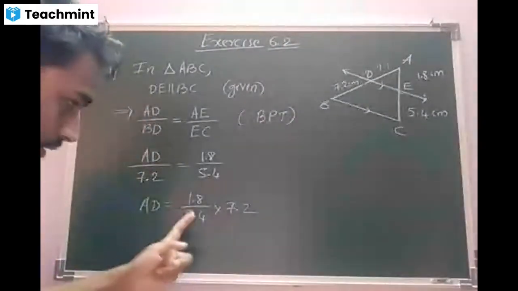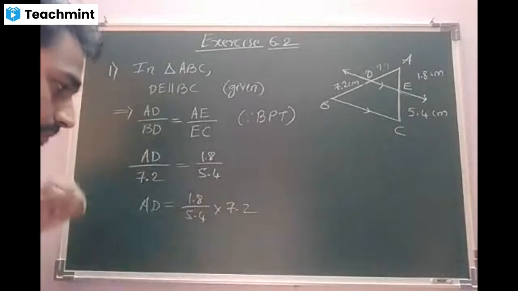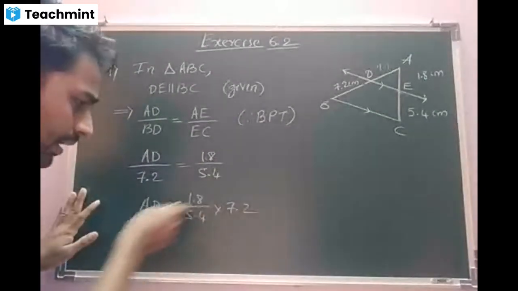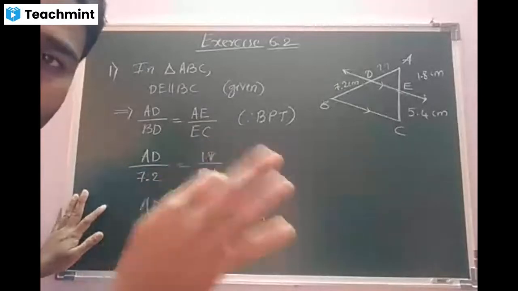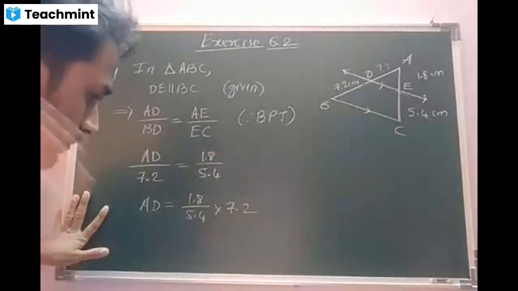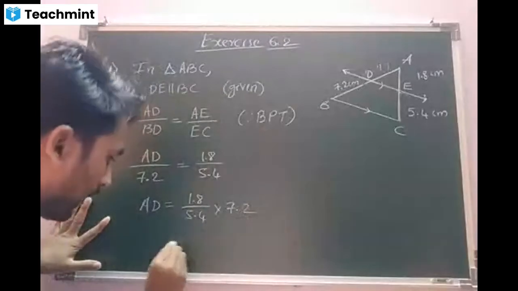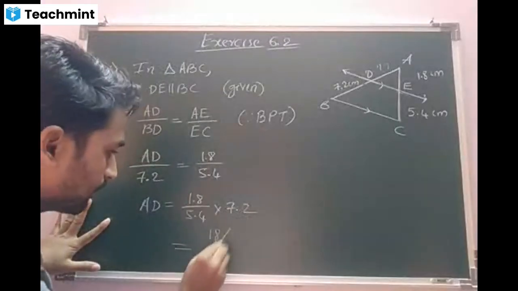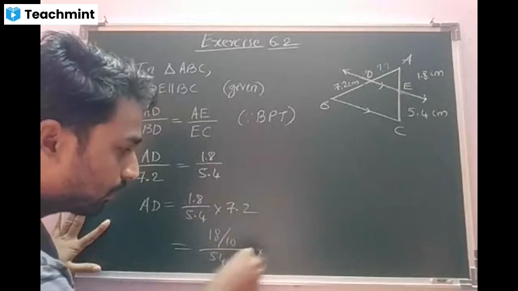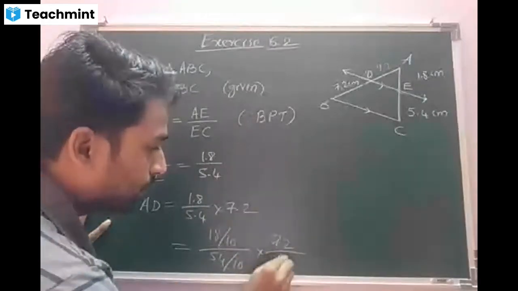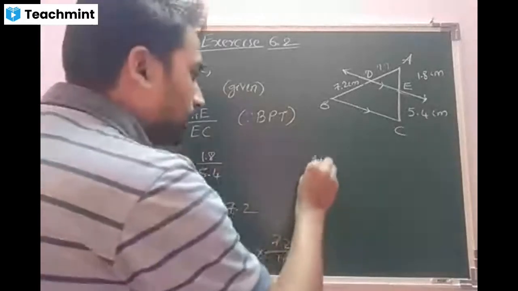Students, here, look at this. All are decimals at the tens place. Am I right? You can do it directly, beta. You can use the 18 tables and then proceed with the division. Or else, how can it be done? Look at this. This can be written as 18 by 10. This can be written as 54 by 10. It is 72 by 10. That is the AD value. Then the next step.